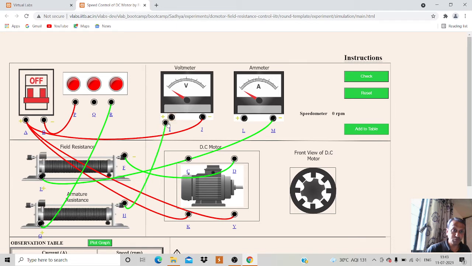So, a very beautiful platform which gives you the complete exposure. Sitting at home, you can perform this experiment and experience this. Then C to H. Yes, I will do it over here. C to H. Then Q to L, the last connection. Q, where is Q? Q to L.